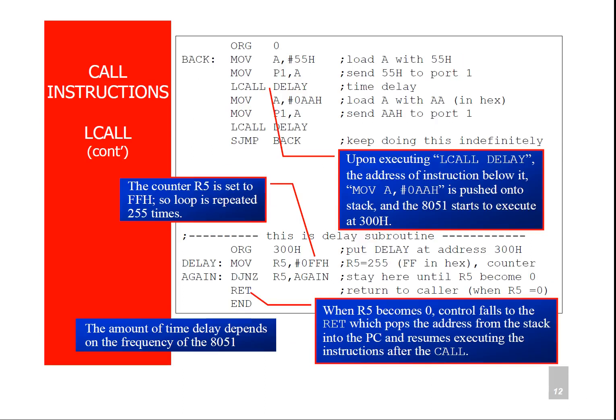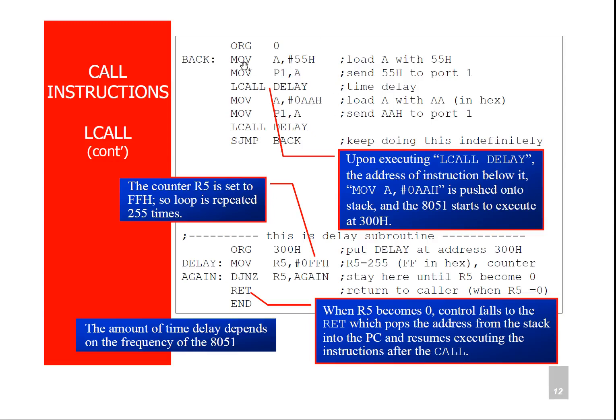Let's consider this program and we'll see how can you use call instruction to call the subroutine. So in this program, complementing all the bits of port 1 by sending data 55H and AAH. So here AAH is complement of the 55.